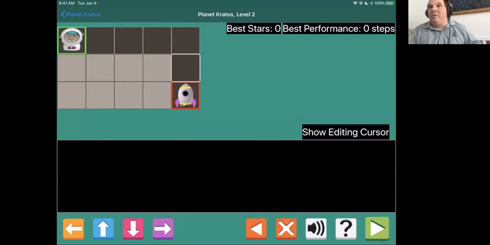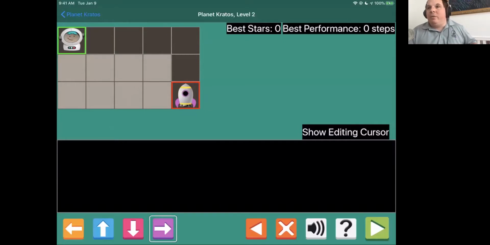So I've dragged my finger to the right and figured out that there's an empty spot on row 2, column 5. Rocket ship. Row 3, column 5. Aha. Empty. Row 1, column 5. I'm just going back to verify. Empty. Row 1, column 2. There we go. So now I know what I need to do here.